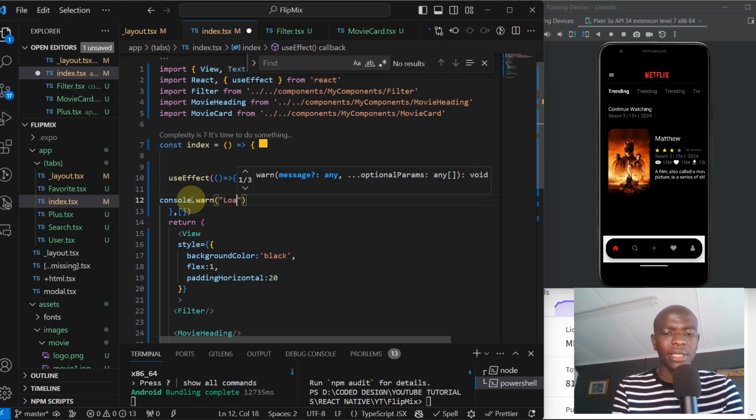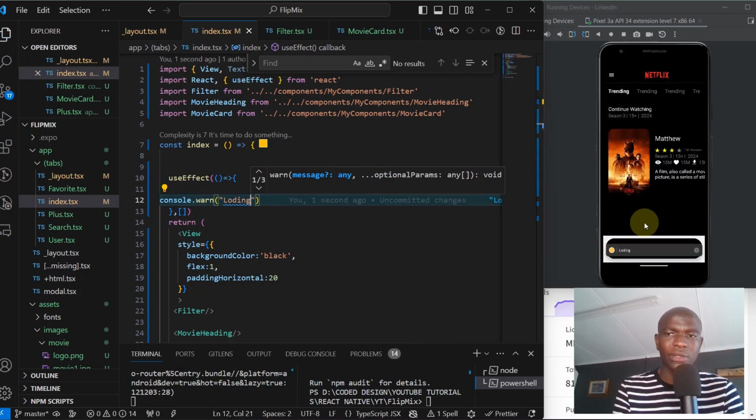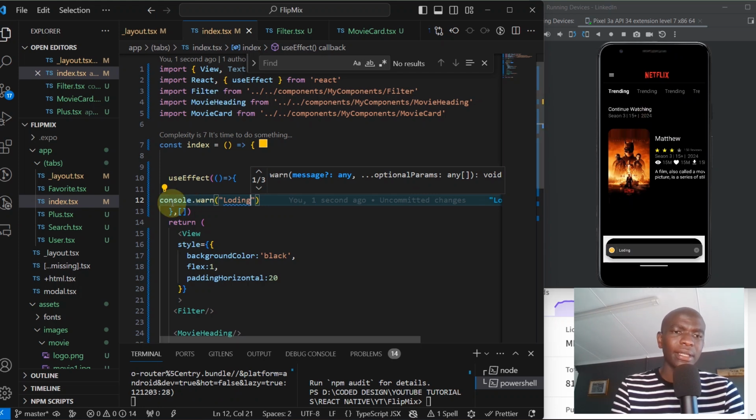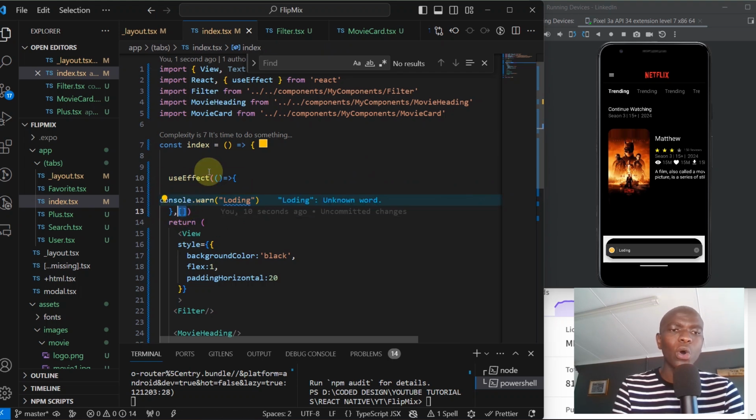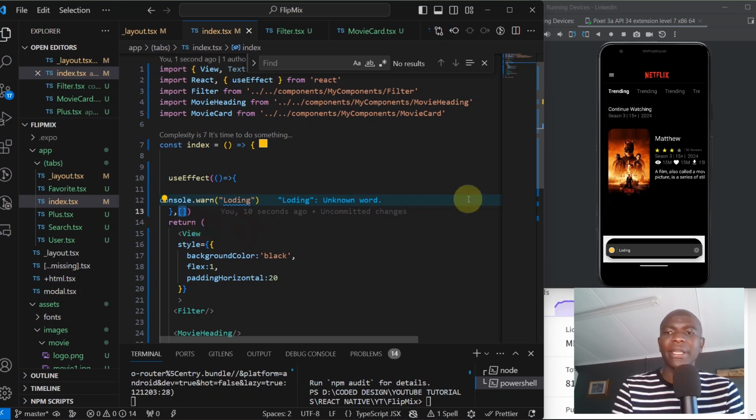Let me say loading, because you can see loading. So when this refreshes, this instruction will be executed. This empty bracket means that it runs only when it's loading. That means this is going to be executed once. This means that when this screen loads, we want to fetch data from the API and then display it